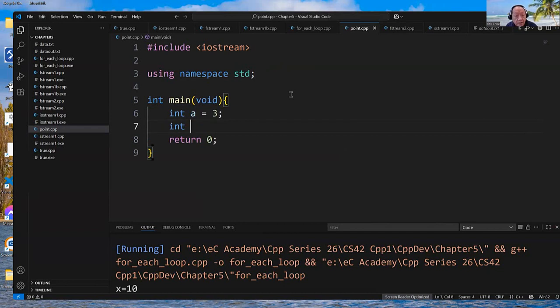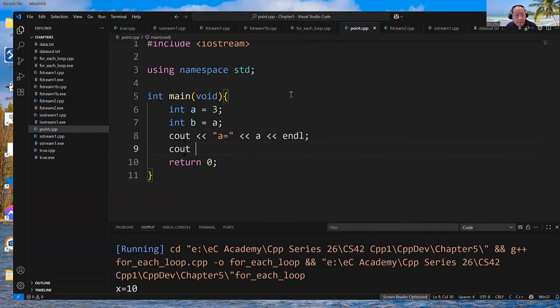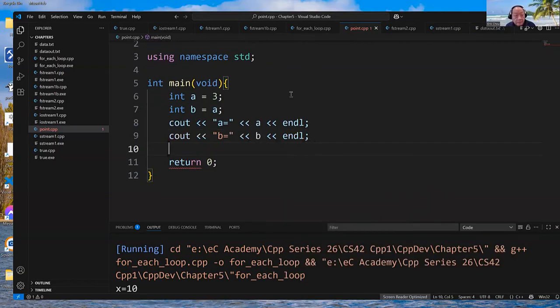And then I say integer b equals a, okay. And then I cout my a and my b, right? So you will get 3, 3. That's no problem. But now if my b is assigned with 4,